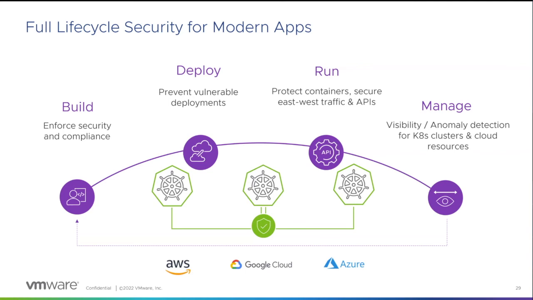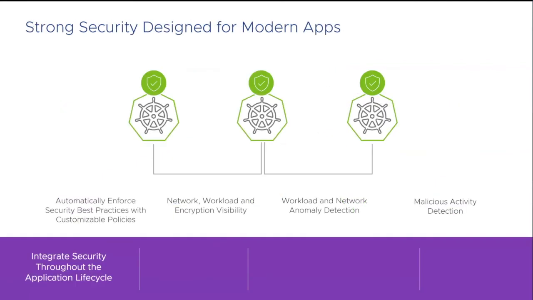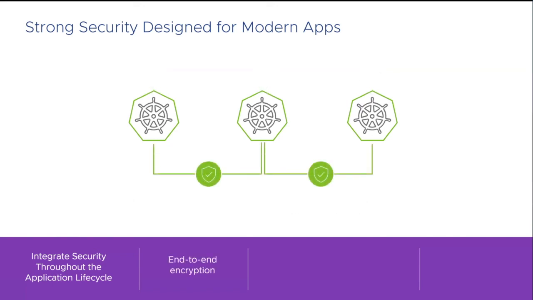So let's have a look at how that works in a little bit more detail. When we're up and running, we can put basic guardrails around an environment, like those segmentation capabilities I mentioned with NSX. But simple things, like development can't connect to the internet, but production can, for example. We can provide end-to-end encryption through the Tanzu service mesh.